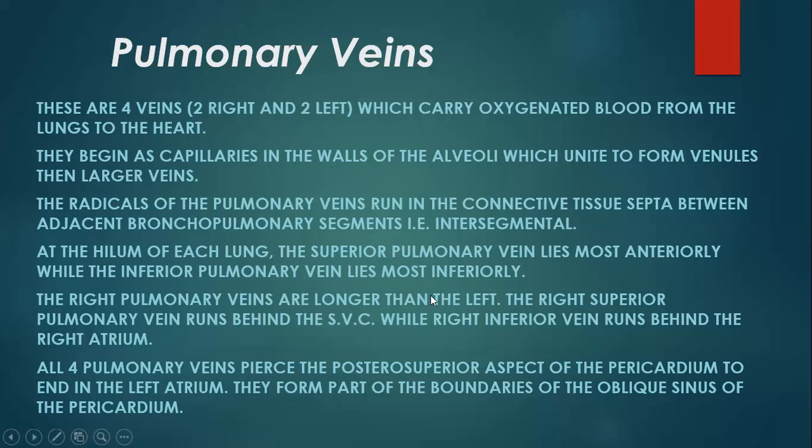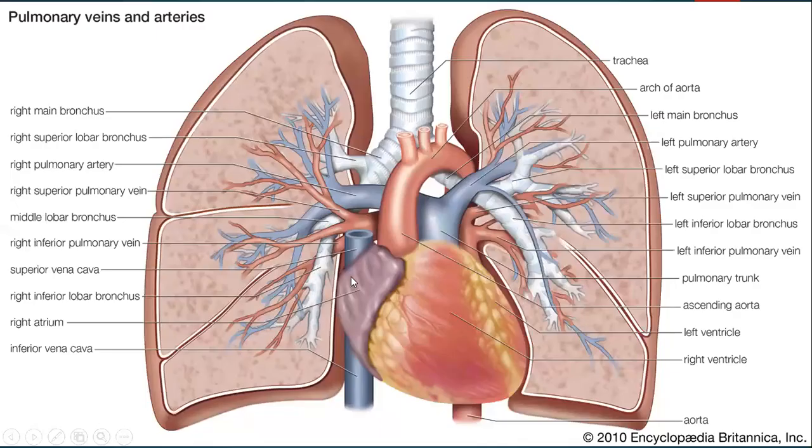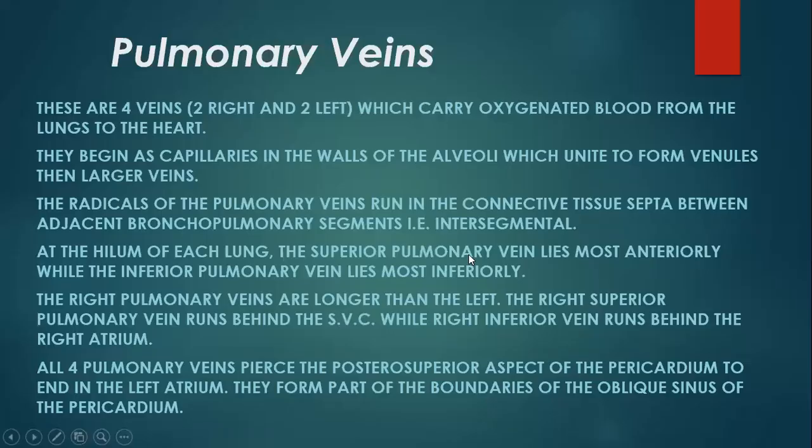The right pulmonary veins are longer than the left, as you can imagine, because the left atrium is towards the left side, and even the heart is slightly towards the left side. So the pulmonary veins coming from the right side should be longer in their course compared to the left, which end in the left atrium as soon as they begin. The right pulmonary veins have to cross the midline, go towards the left side and then open into the left atrium. That's why the right pulmonary veins are longer than the left.